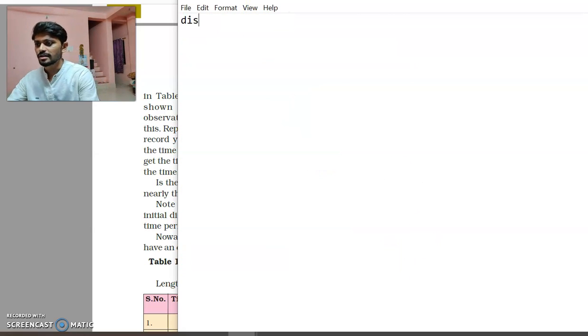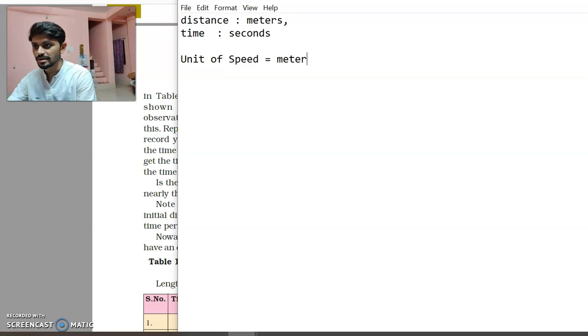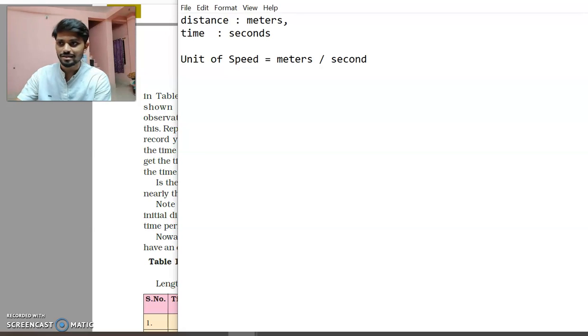If you measure distance in meters and time in seconds, the unit of speed would be meters per second, right? Because what is speed? Speed is total distance upon total time. In what unit did you measure the total distance? In meters. And the total time? In seconds. So the unit of speed would be